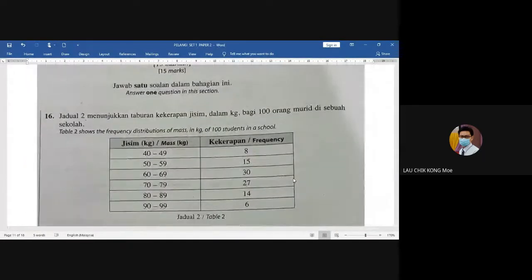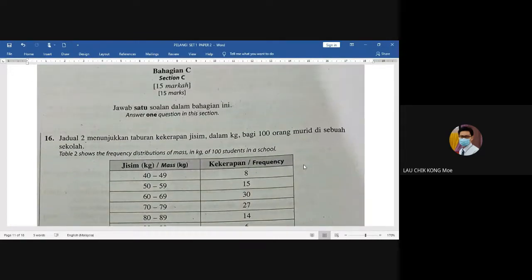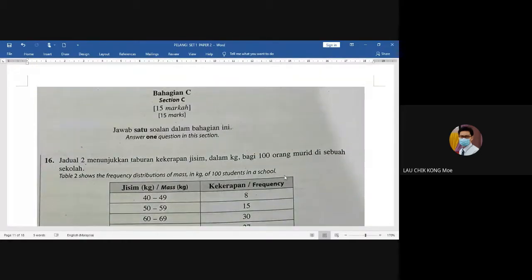Okay, next we go to section C. This time our section C is about insurance. The whole question, 15 marks, is about the insurance. So you need to remember, I do the question for medical insurance. You need to remember how to do the deductible and core insurance and so on, related to medical. So that part you must be skilled at, 15 marks.